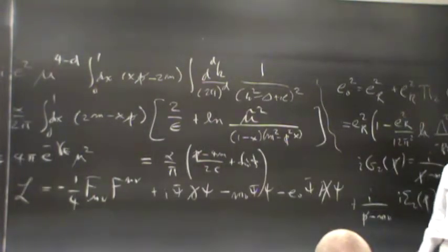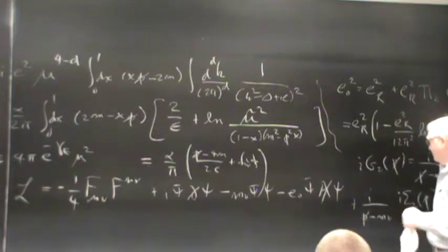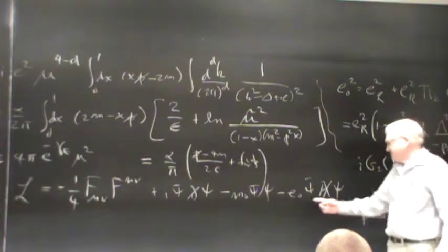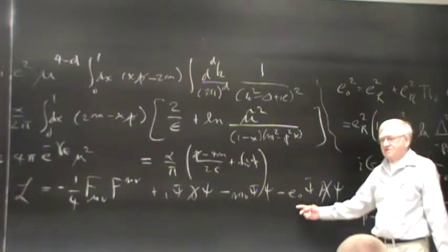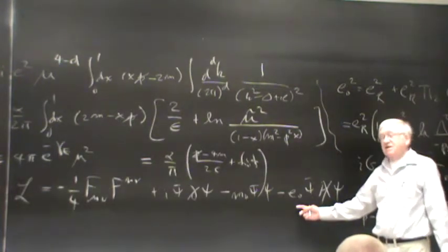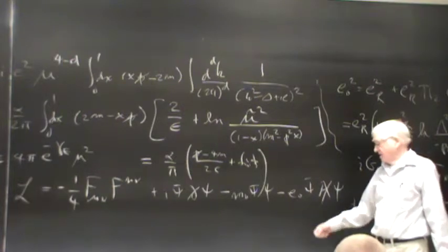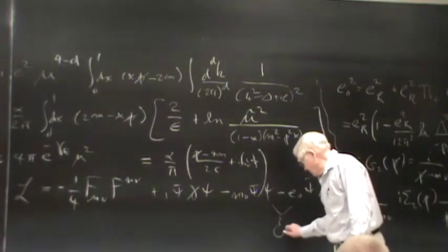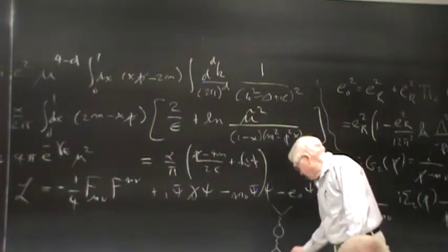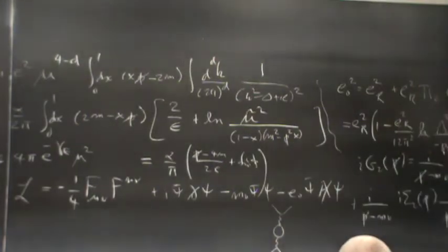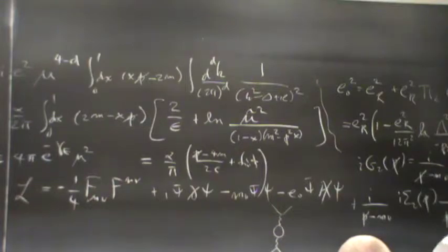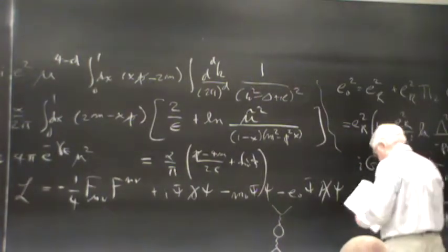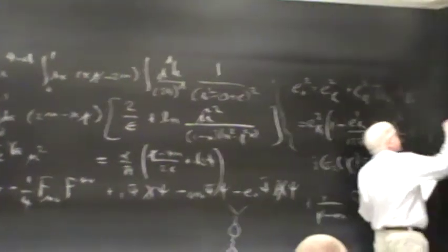You need 3 infinities to work things out. So basically, this infinity is the one that got fixed in chapter 17 and gave us the renormalization of the photon propagator. And now we need something else. Well, the something else is that the normalization of the field,